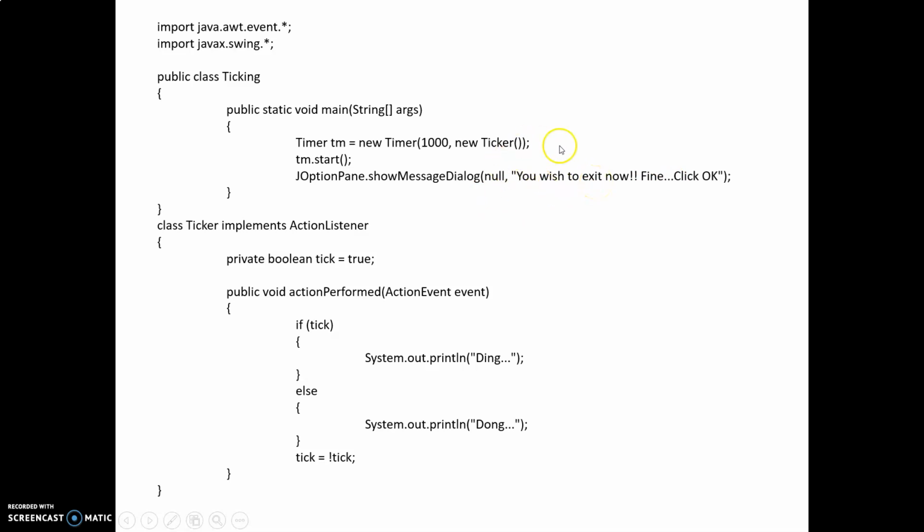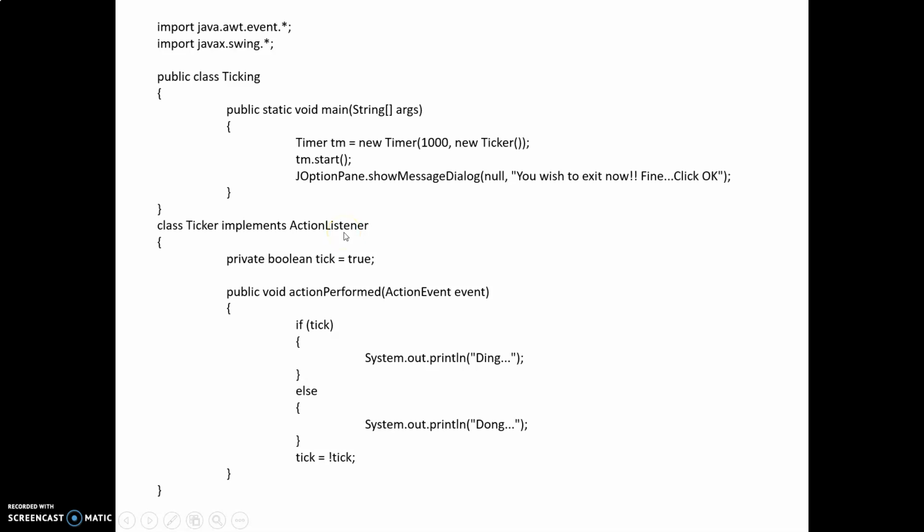So this is nothing but the event handling mechanism here. Let us have the Ticker here, and inside this Ticker we are using private boolean tick equals true, and this is the action we are trying to use. Here the Ticker acts as the event object and this Ticking acts as the event listener. So it implements ActionListener.